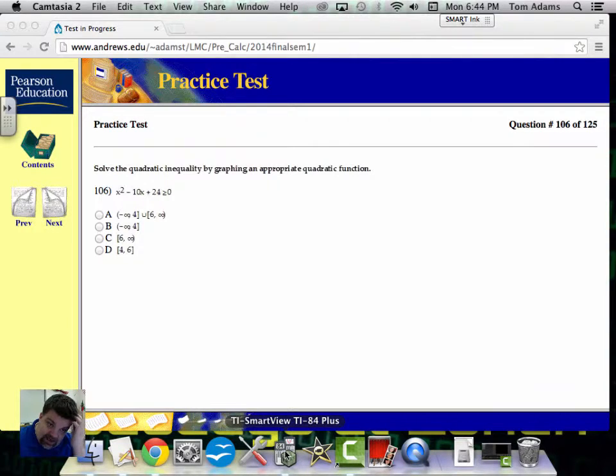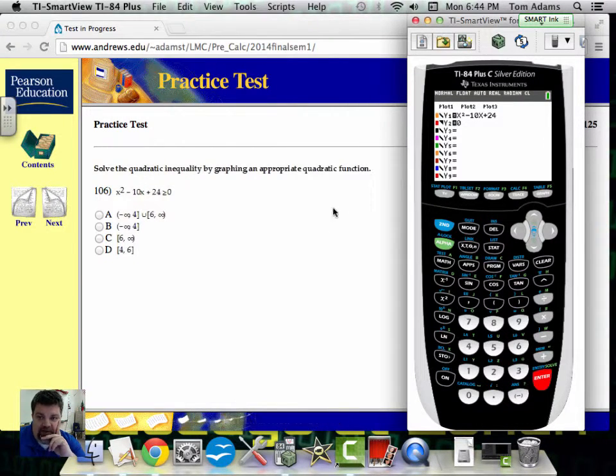Okay, for this one we're asked to solve the inequality by graphing it in a calculator. And so what I've done is I've put both of these into the graphing calculator, and it says here when x squared minus 10x plus 24 is greater than 0. So what I did is I graphed the left hand side of the inequality, and I left that alone. And then I graphed the right hand side of the inequality,